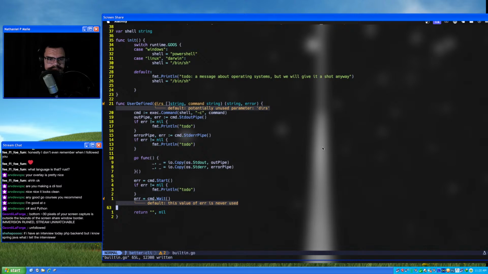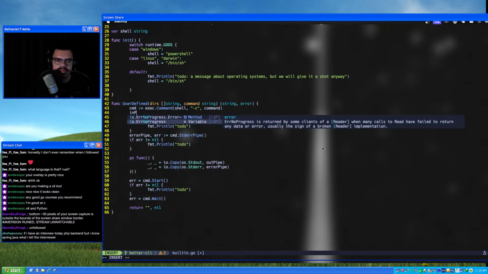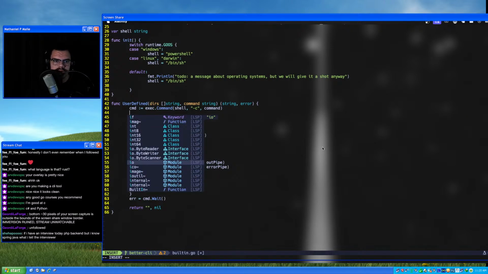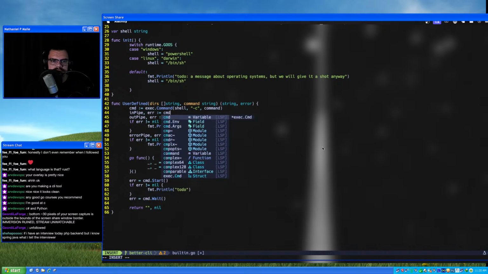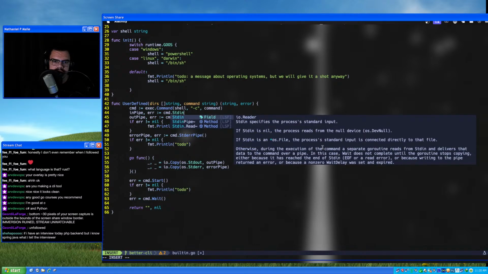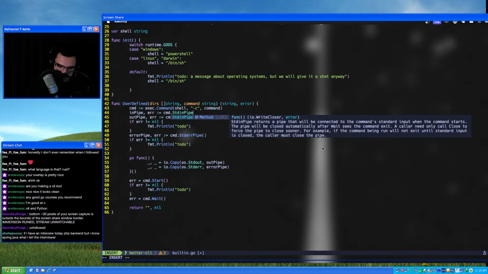There we go. So the only other thing we need to do is an in pipe. inPipe, err equals cmd.StdinPipe, which is a WriteCloser.